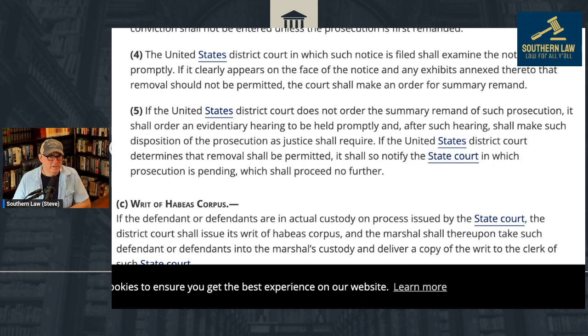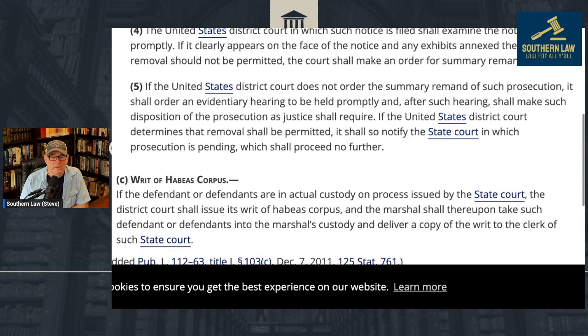And this all comes out of the idea of a supremacy of the federal government. They set a rule up, which kind of makes some sense, which is we can't let any state actor anywhere around the country start arresting federal agents or officers or employees, which could stop the whole function of the federal government. So the federal government is considered supreme over the state governments for purposes of this law. And so if you want to do this, these defendants potentially have the ability to get the case taken to federal court where it would be dealt with.